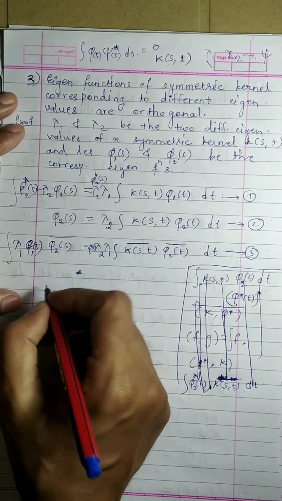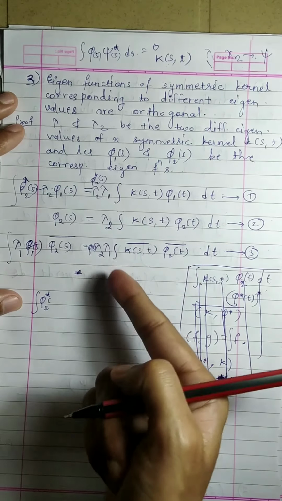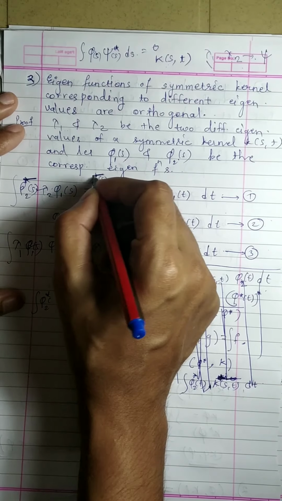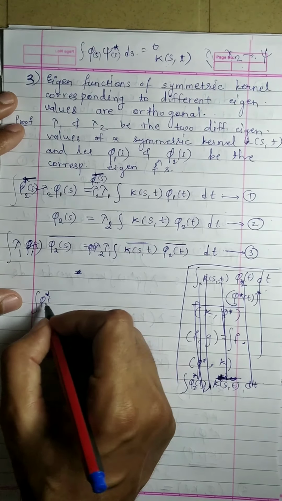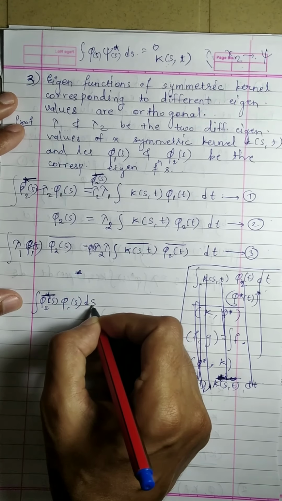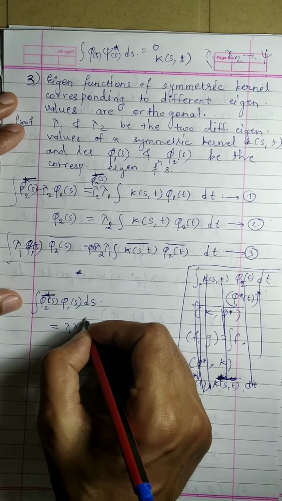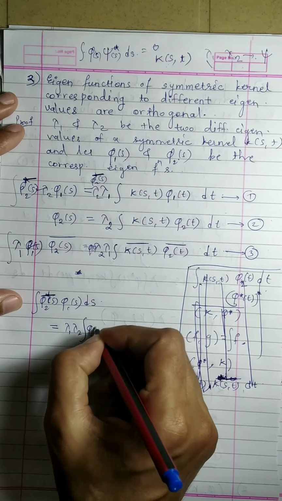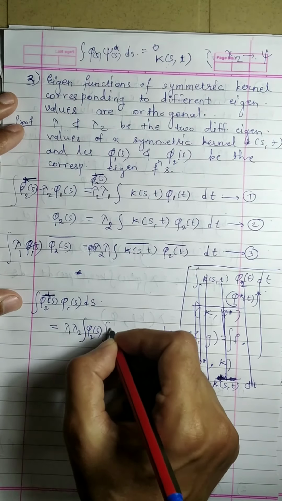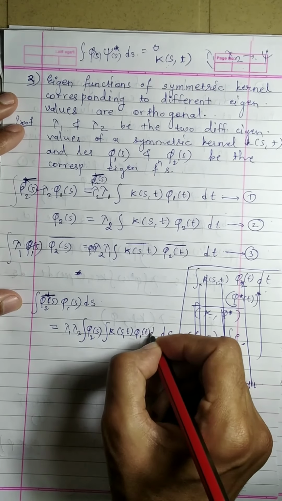So this equation will be integral of phi 2 of s bar into phi 1 of s ds equal to lambda 1 into lambda 2 integral phi 2 of s ds, and inside this it is integral k(s, t) phi 1 of t dt,